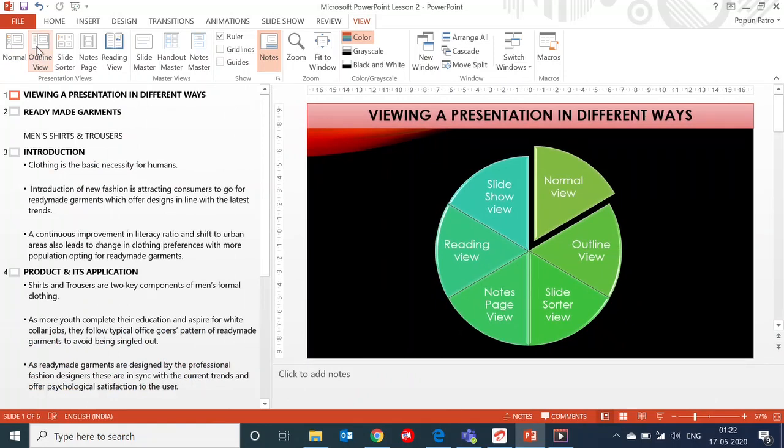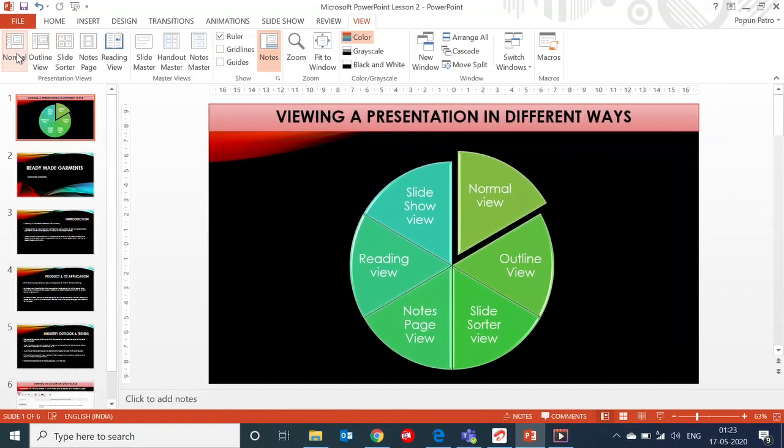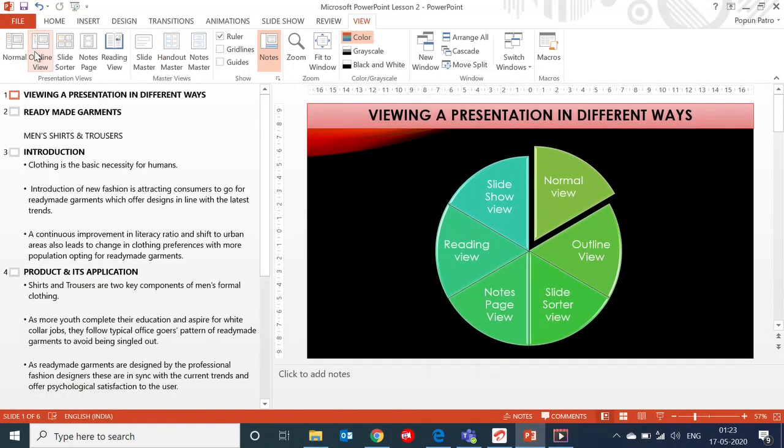Your screen completely changed. The complete details are given on the left side and the slide is on the right side. This is the outline view. In normal view, slides are shown. Look here, this is the normal view, whereas the outline view shows you the entire description of the slide.